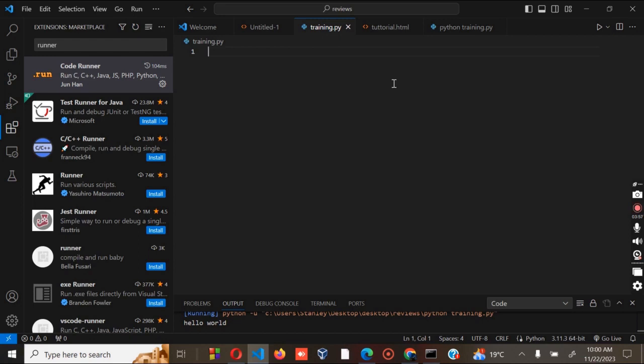Alternatively, you can create a new folder for your project and save your Python files inside. Okay, so we have created the first file of our project. Now step number 5 is to select the Python